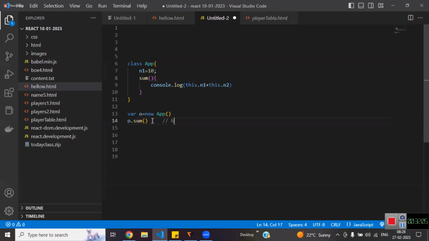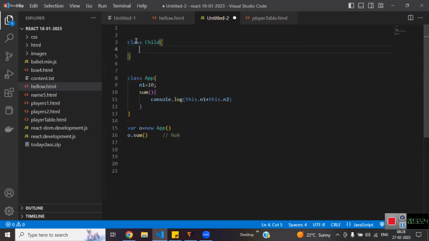My answer is not a number. Why? Because this.n1 is 10, and this.n2 is not there inside the object, so it is undefined. 10 plus undefined is not a number. Okay, now if I write some child class, inside the child class